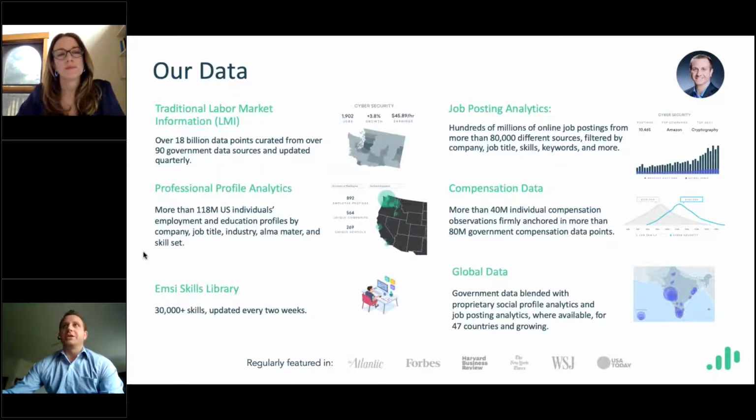The first is labor market information. This covers 99% of the U.S. workforce and includes supply data from over 90 different sources published by local, state, and federal entities. MZ has been considered the gold standard for this data for some time, as we actually make this data more accurate, more granular, and make it more recent as it relates to the original sources from which it comes. So again, we have proprietary statistical processes that allow us to clean that data up and make it extremely usable, especially in a recommendation engine.